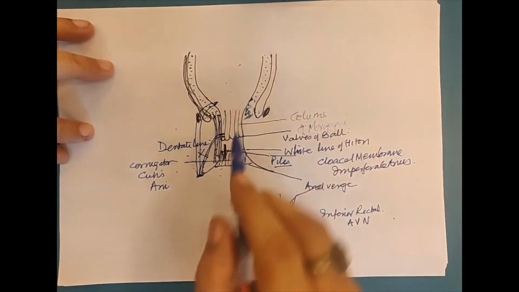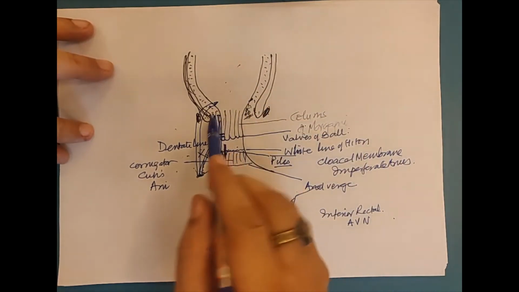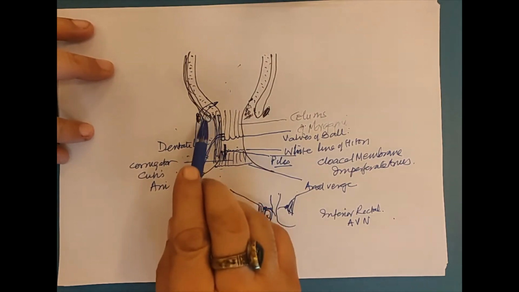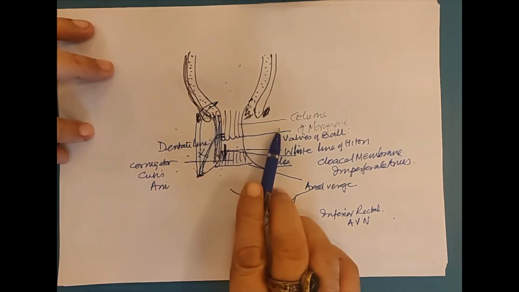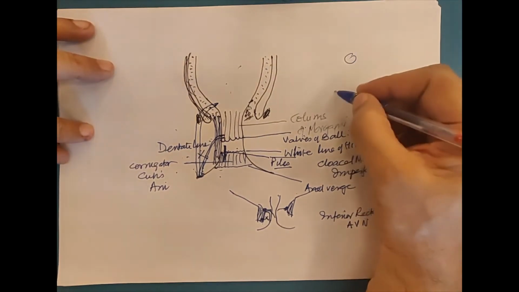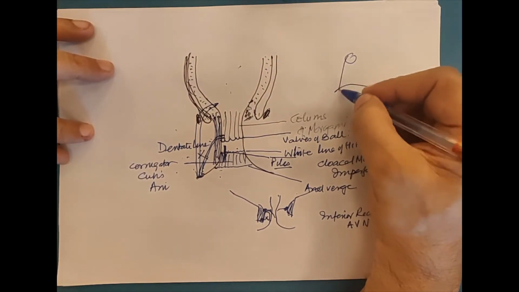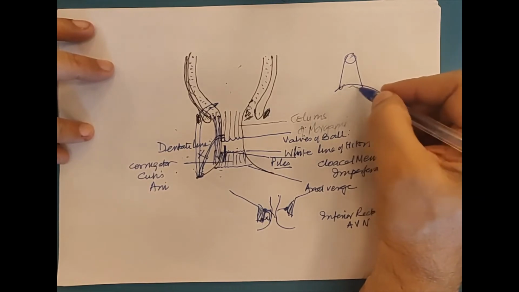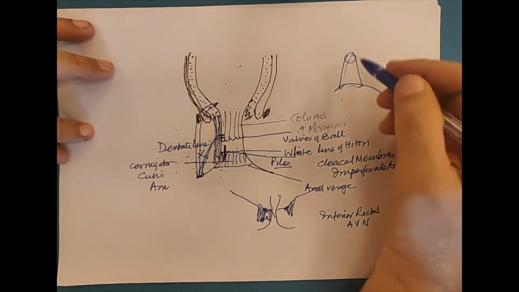And the second thing is, what do you do to this fistula? You put a knife here and you make it continuous with the, supposing this is the fistula, this is the anal wall. What do you want to do? You want to open it into the anal canal so that it heals.